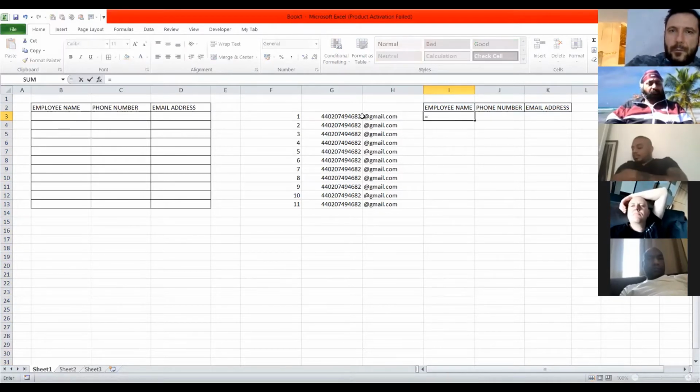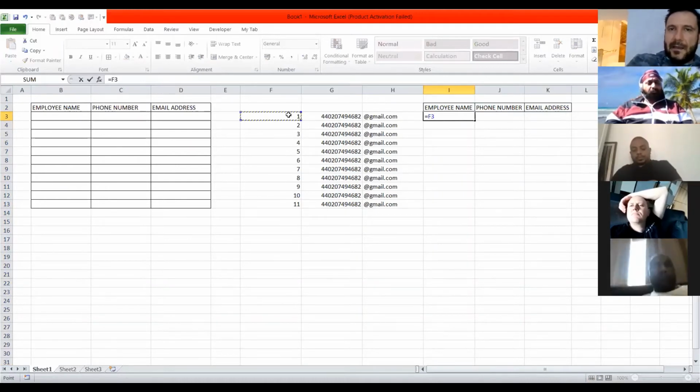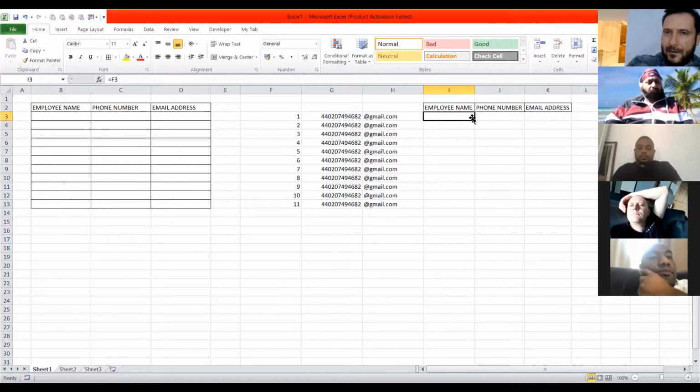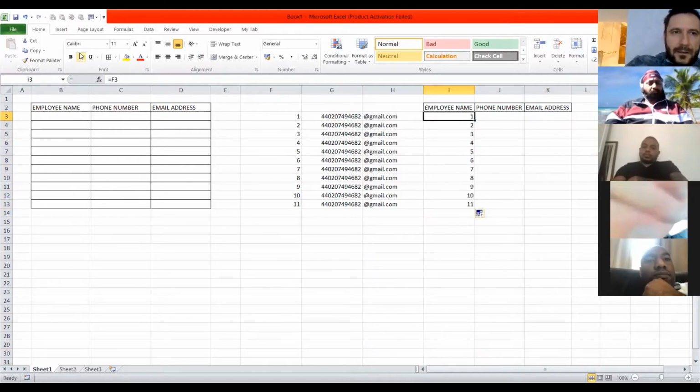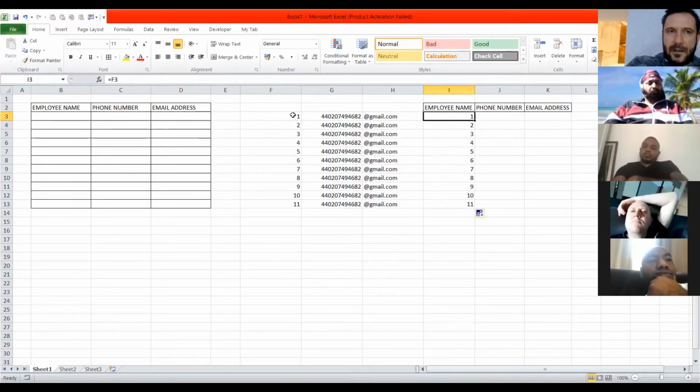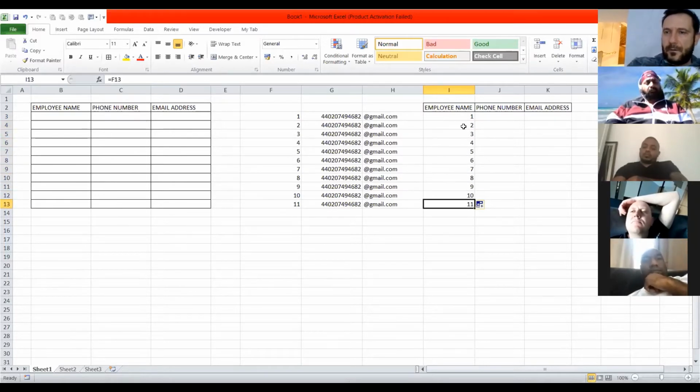The first one, the employee name, is this one. So I just put equal, and I select the number. After, I can drag it down. Basically, as you see here on the top, this is the formula. It tells you that in E3, you're gonna have the information contained in F3. When you drag it down, it just copies the formula into the next cell as well, so this one is gonna be F4. You just need to put the formula for the first one, and after they're all gonna be the same.